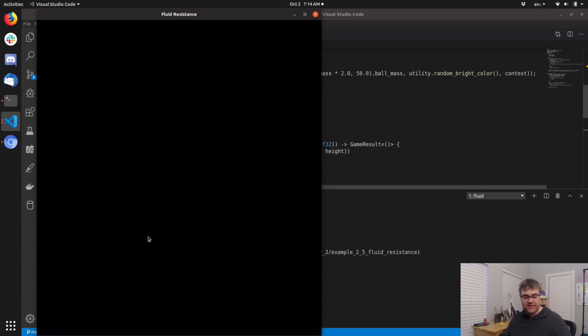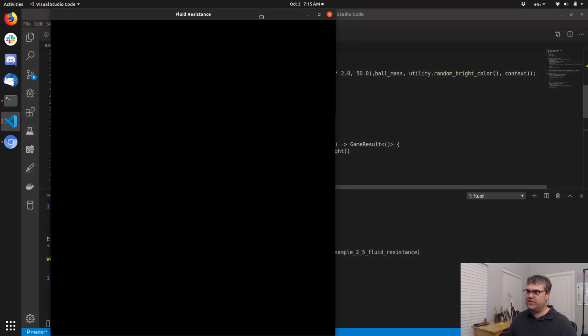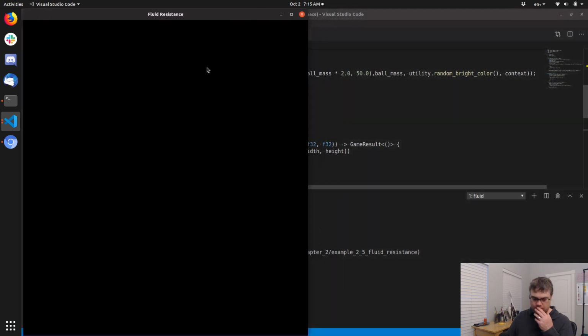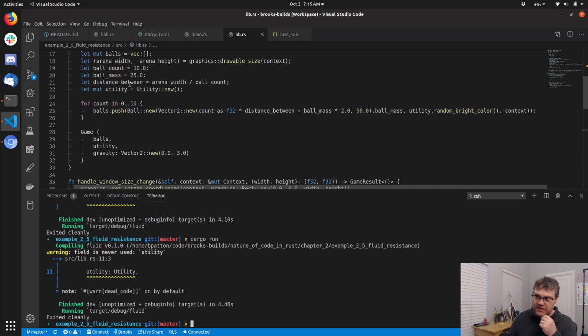So they'll fall, of course, at the same exact speed. I think the other thing is that we do want to have slightly different size masses, don't we? So now that I think about that, so like ball, like